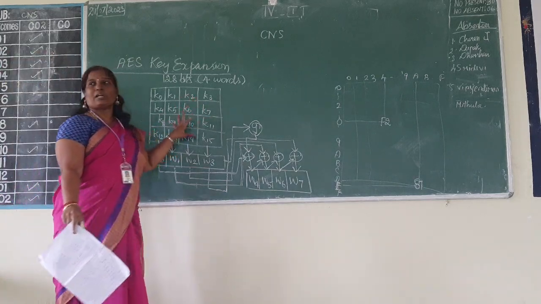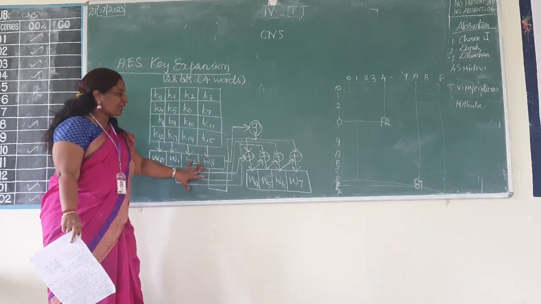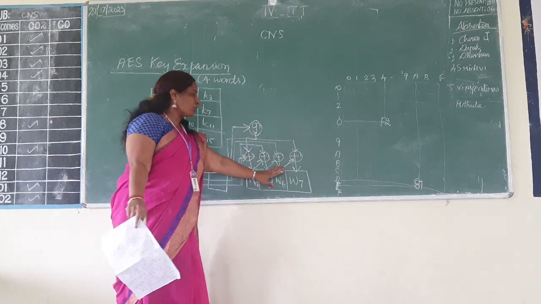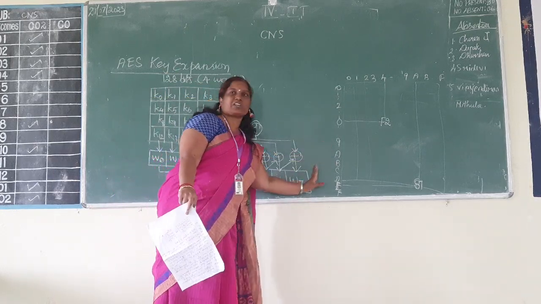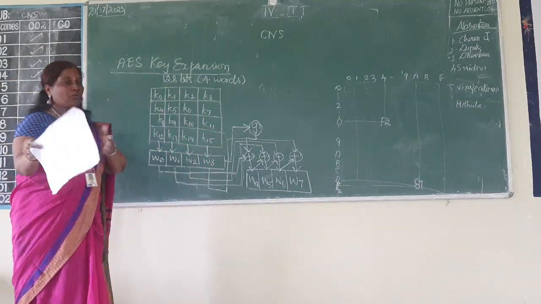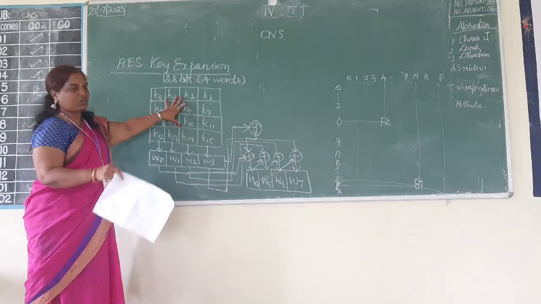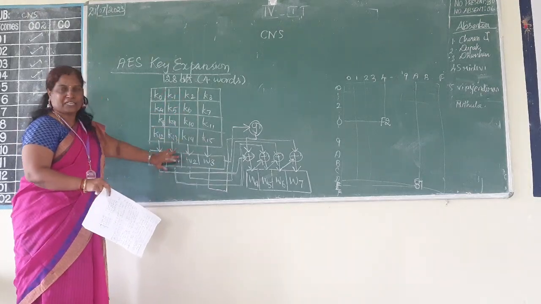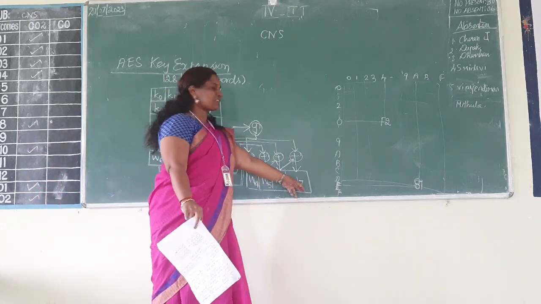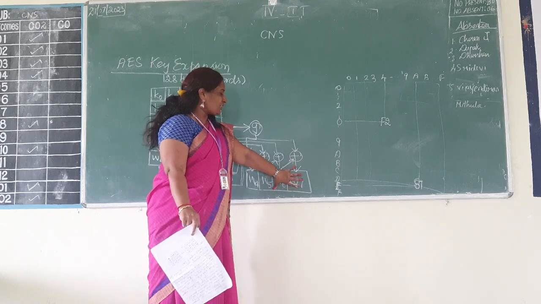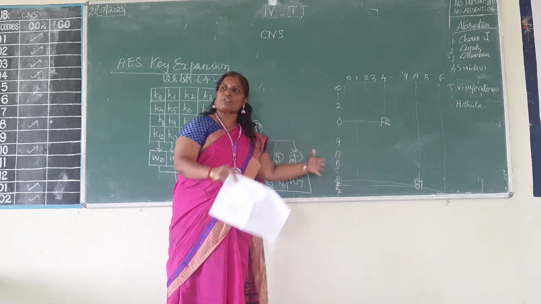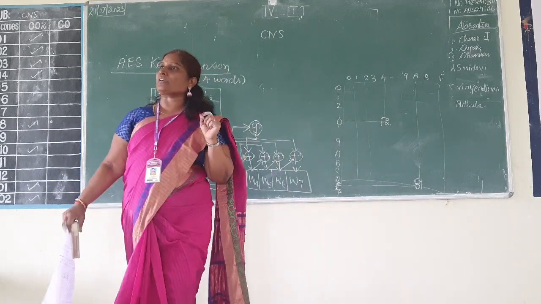Initially we had only 4 words. Those 4 words are expanded to 8 words. That is for round 1. And again for round 2, from here we will take this G function and go on. Clear? Just to know, we have given this table also, but from then onwards only this block will be taken. W0, W1, W2, W3 generate W4, W5, W6 and W7. Similarly, using these, we will generate the next 4 words. Using that, we will generate the next 4 words. Like that, we go on expanding the key.